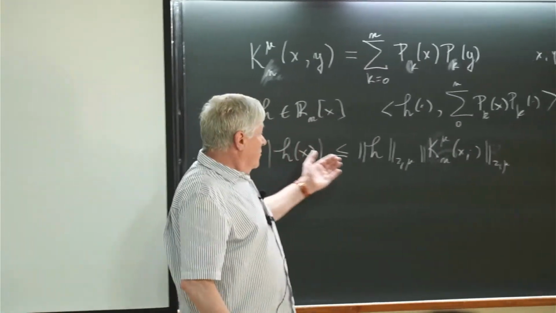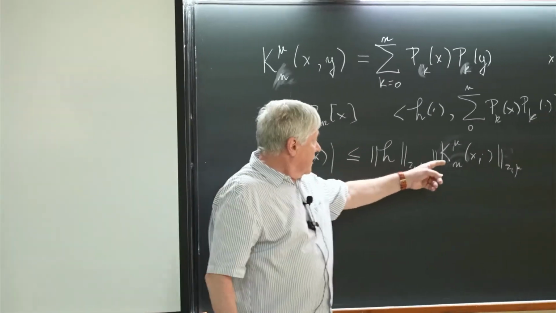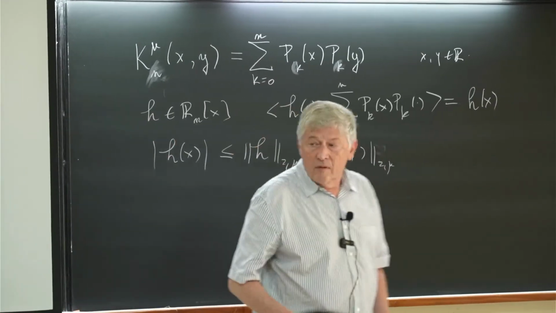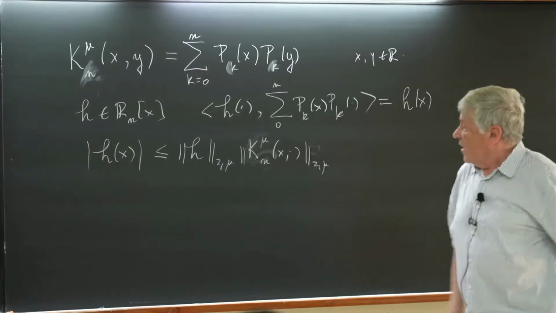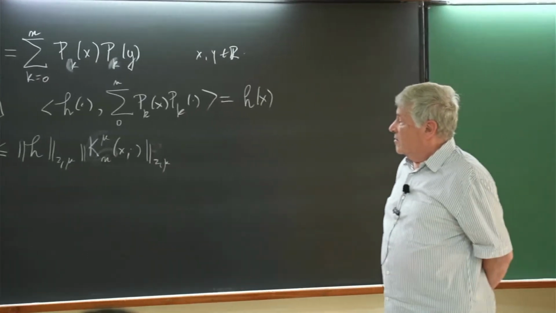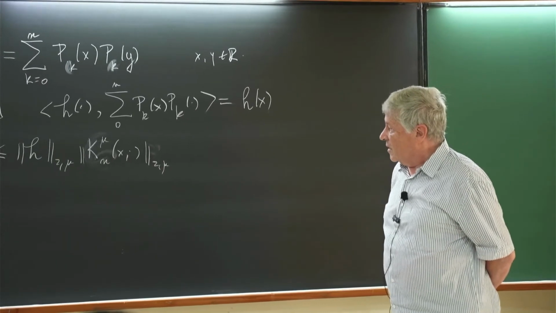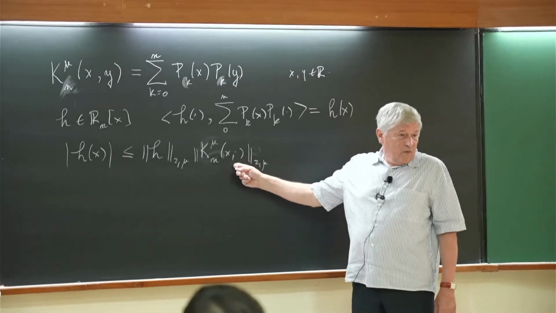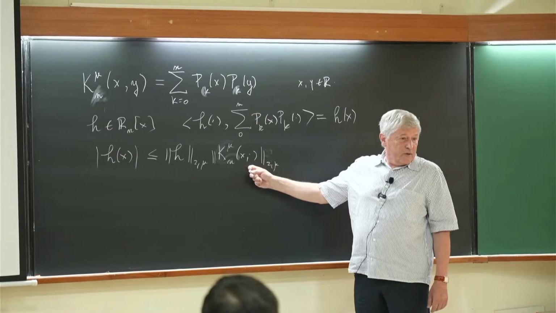So our quantity, which is simply the inverse of this constant, is exactly the function which was introduced by Christoffel. How do we compute this norm? Well, take the inner product with itself.